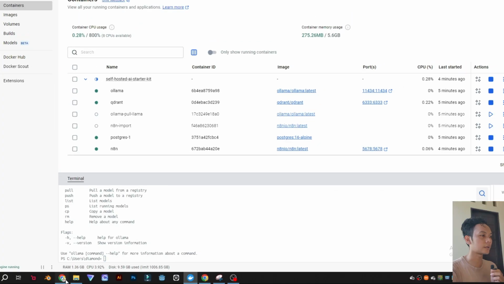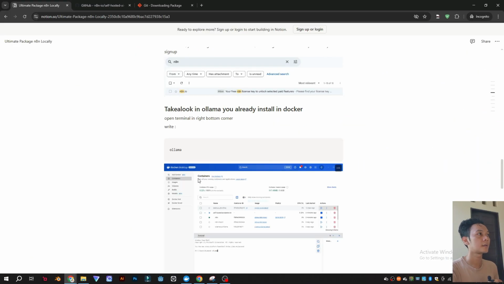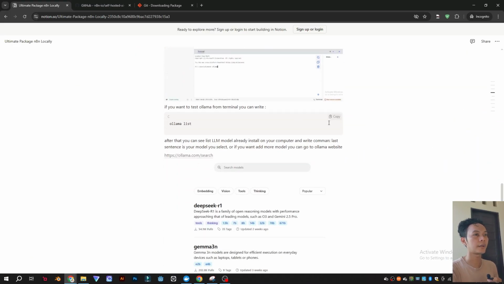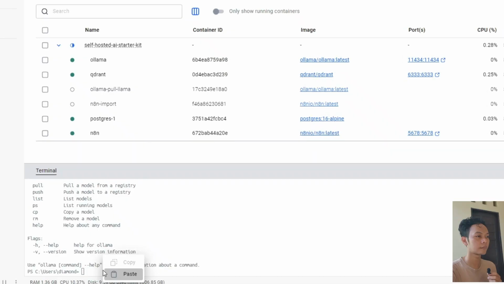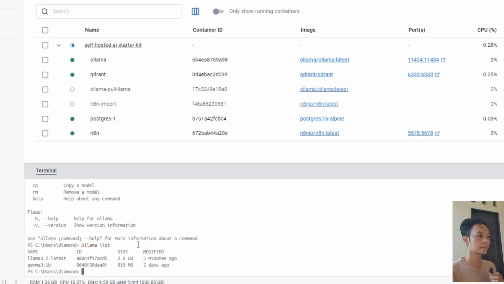You can check your packages. You can use the command list here. So you can see here, Llama 3.2 is the default in the self-hosted AI starter kit.